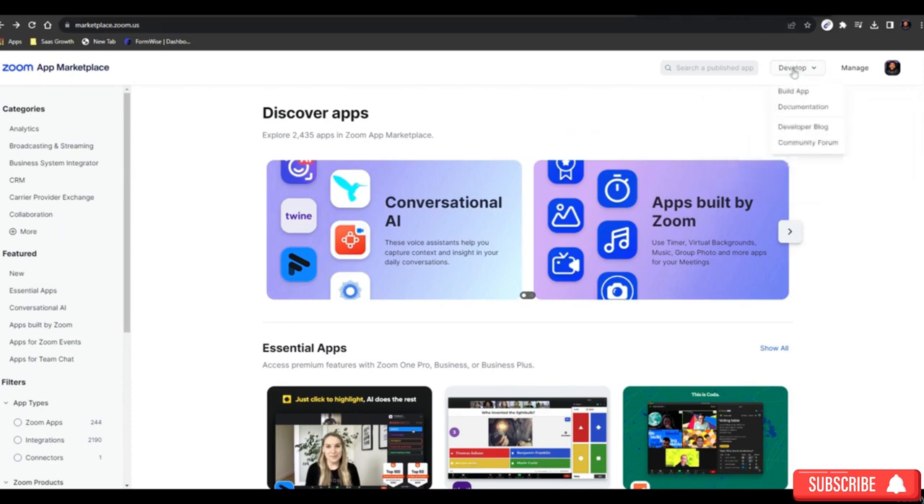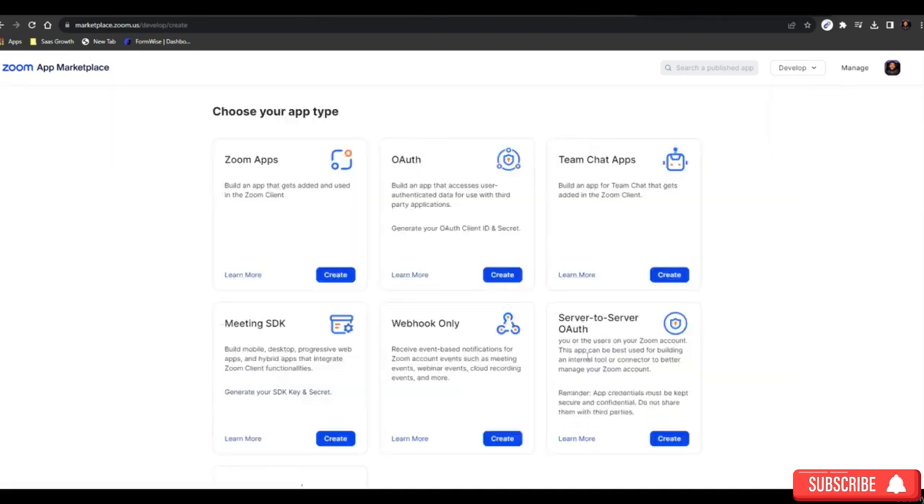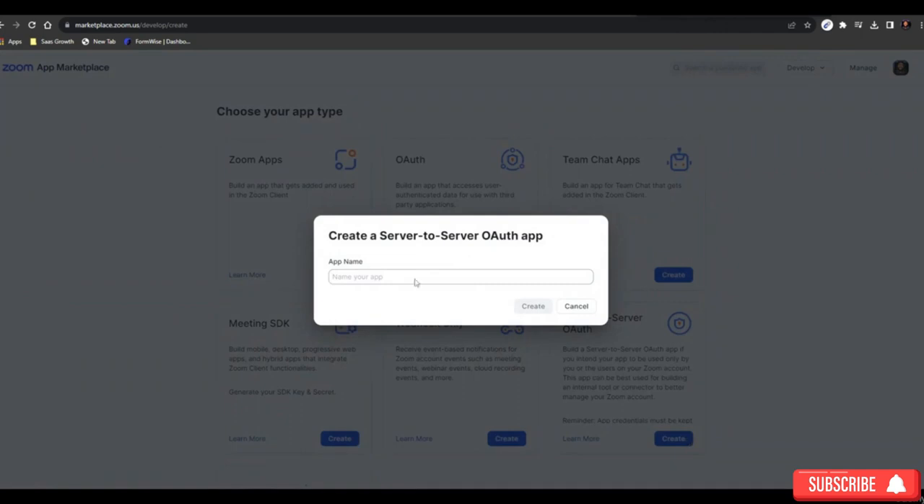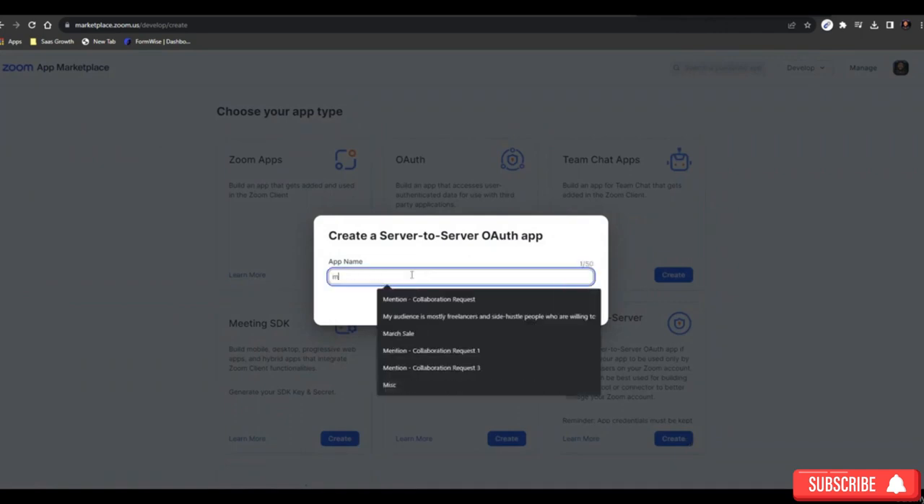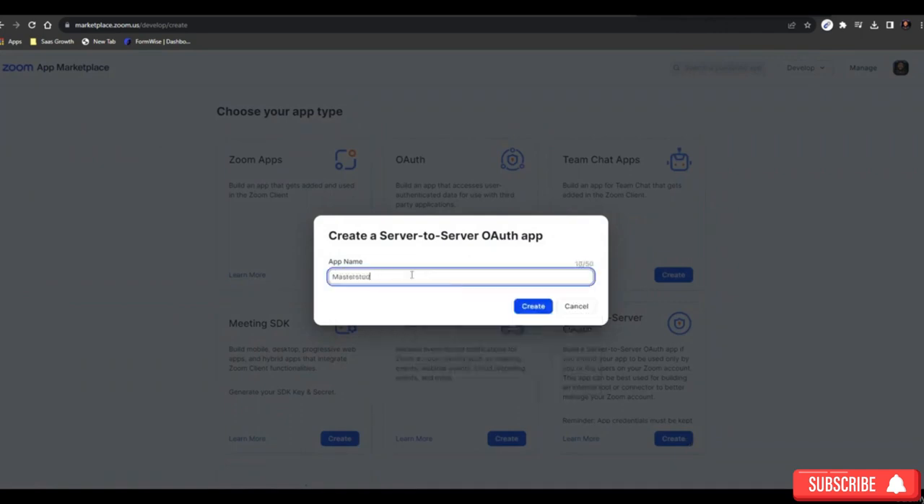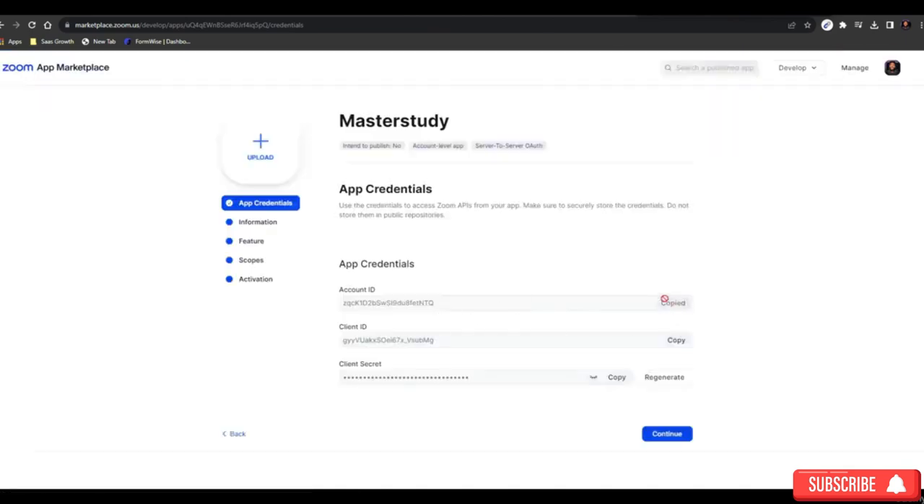To do that, we'll just go to develop and build an app, and now we need server to server auth credentials. So I'll go to server to server auth credentials, and here I'll name it master study. And after doing this, I'll hit create, and those credentials would be created, and I just have to copy and paste those credentials. This is account ID,